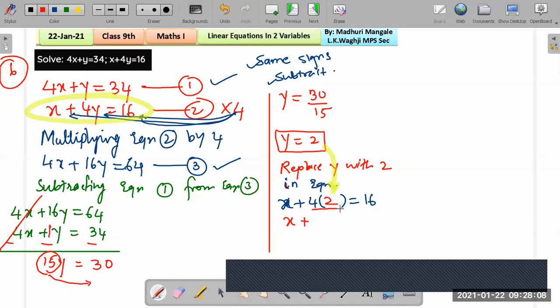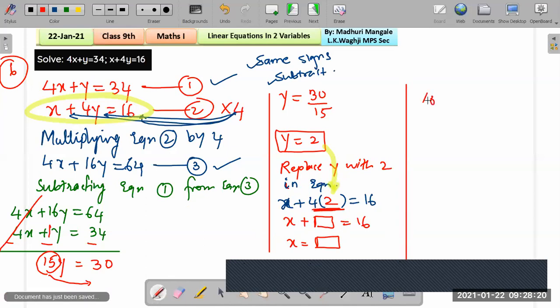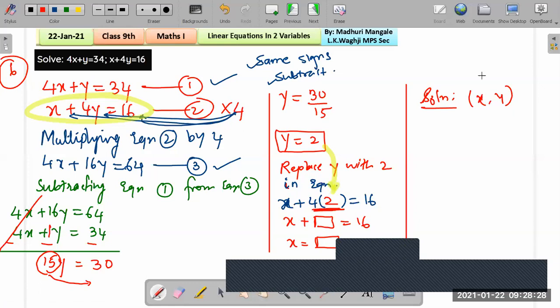So x plus 2 times 4, you solve it. I am not going to tell the answer. And x equals to, you will get some number. Once you solve this, you will get the solution. X equals to something, and the solution in the form x comma y. So take a few minutes, a few seconds, solve it. This is super easy. You can do it mentally also. And then you move to